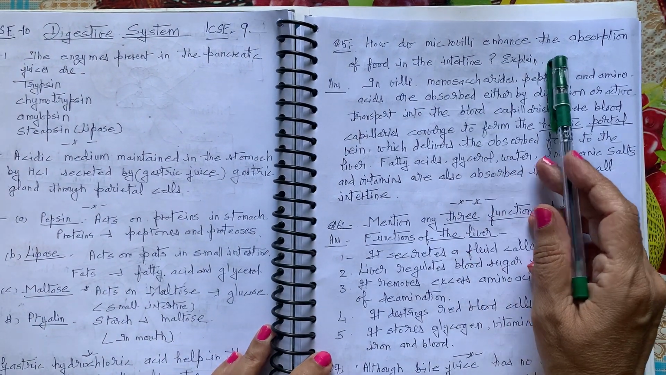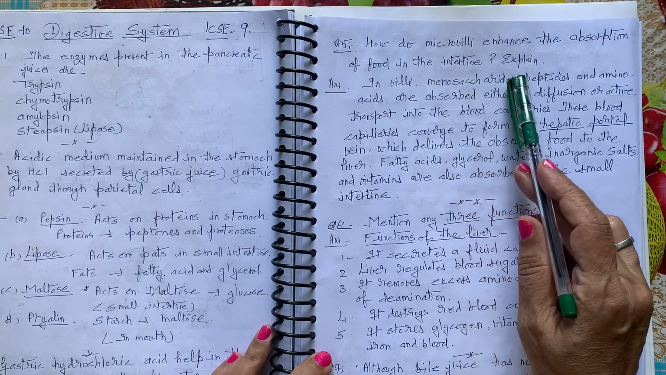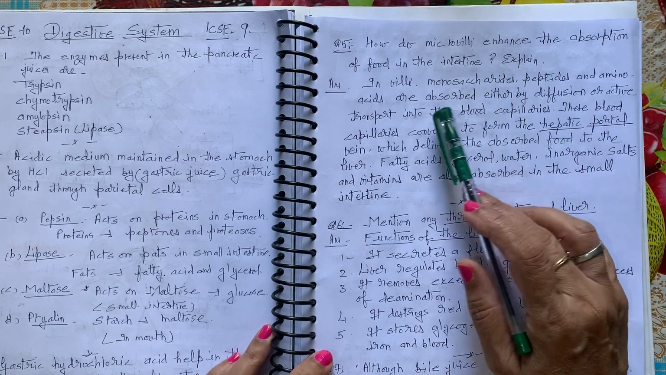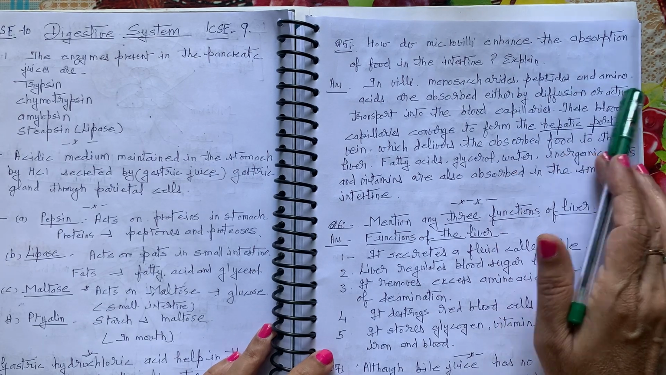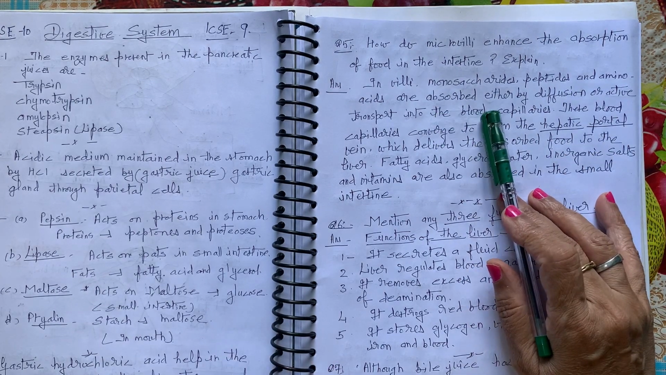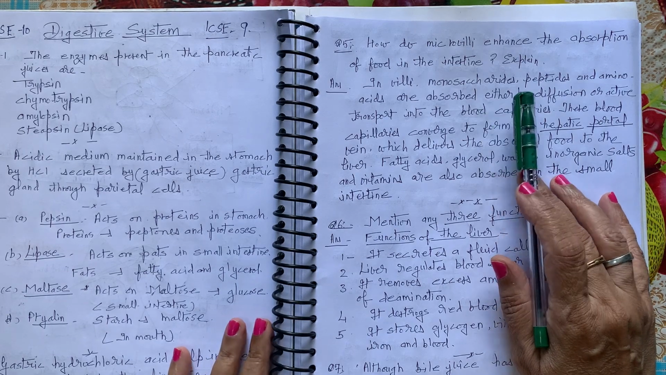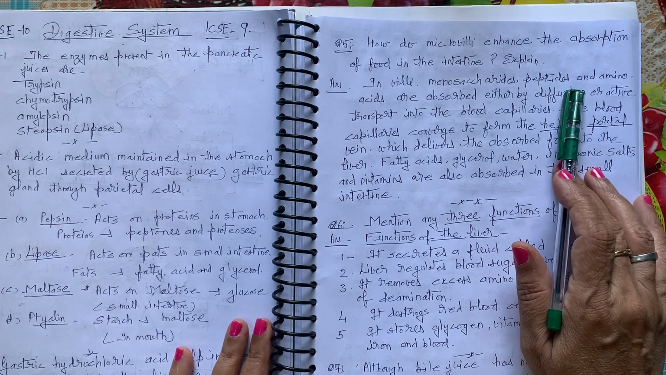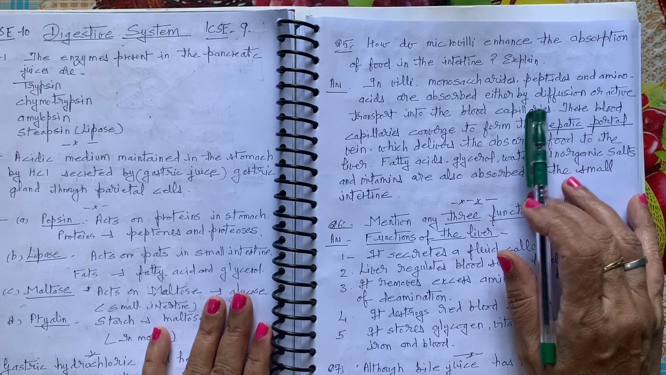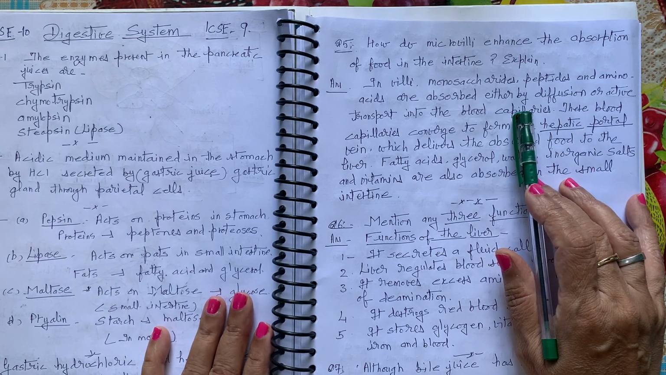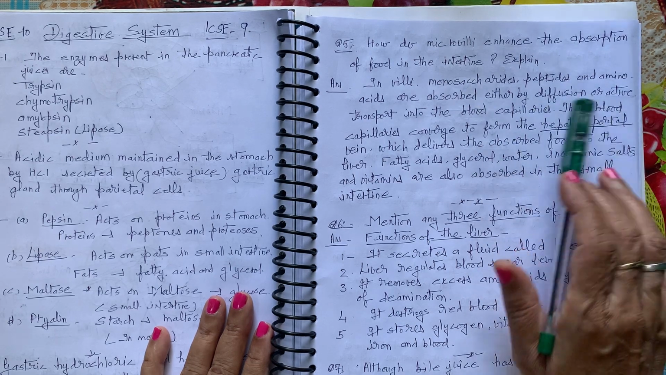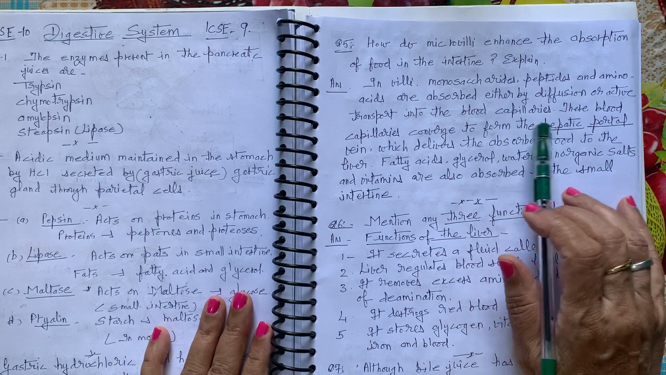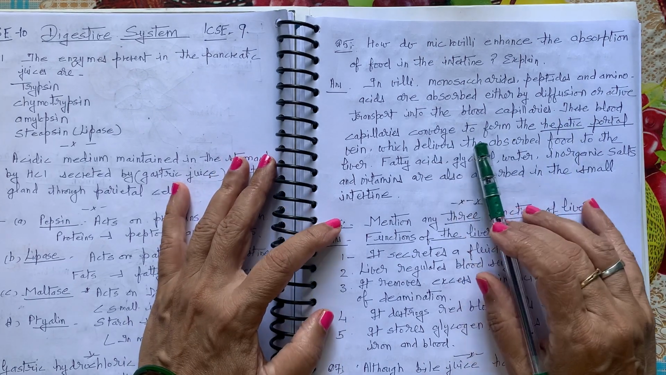How do microvilli enhance the absorption of food in the intestine? Explain. In villi, monosaccharides, that is glucose, peptides and amino acids are absorbed. They are all end products. Glucose is the end product of carbohydrates. Amino acids are the end products of protein, and fatty acids and glycerol are the end products of fats. They are absorbed either by diffusion or active transport into the blood capillaries, and these blood capillaries